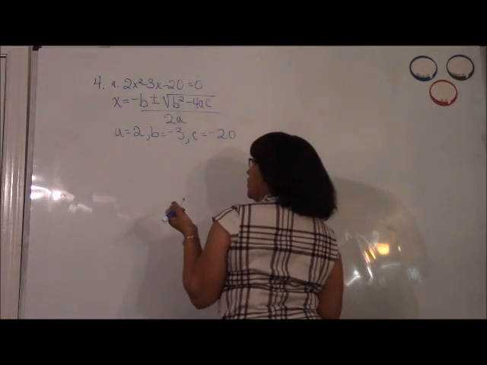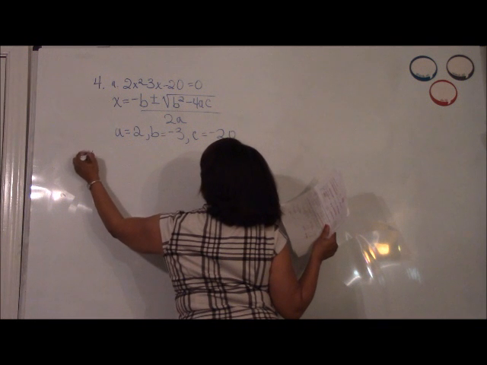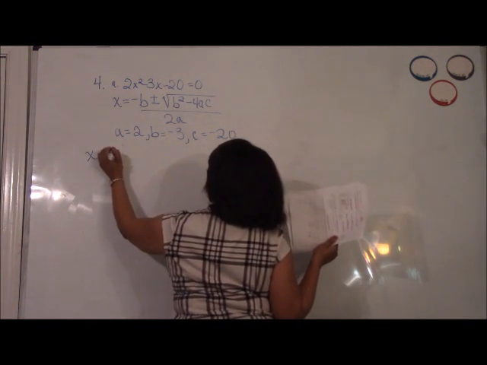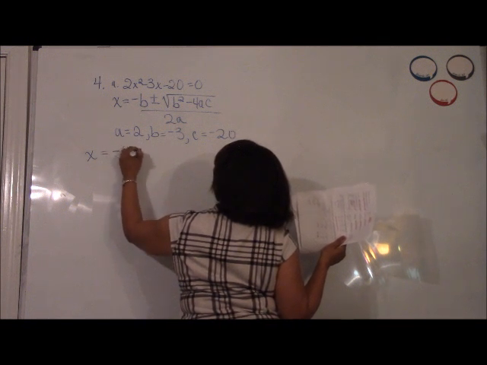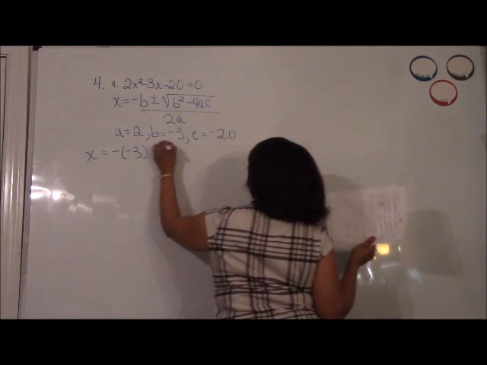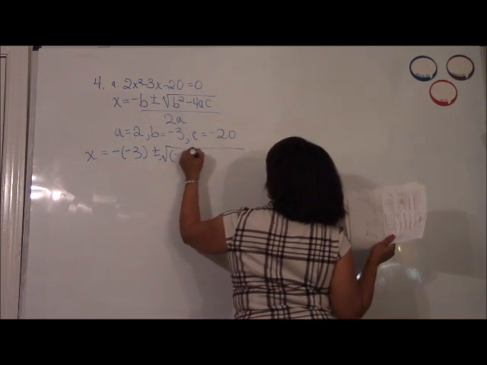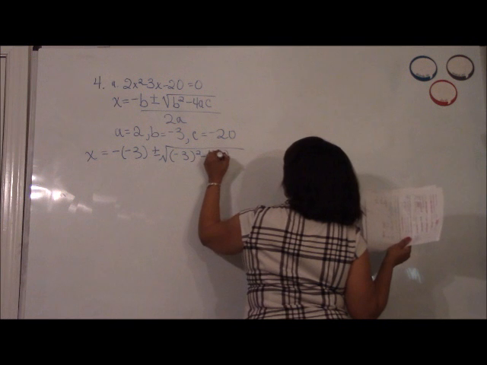Now we just go through plug and chug pretty much. x is equal to the opposite of b, the opposite of negative 3, plus or minus the square root of b squared, negative 3 squared, minus 4 times a times c,